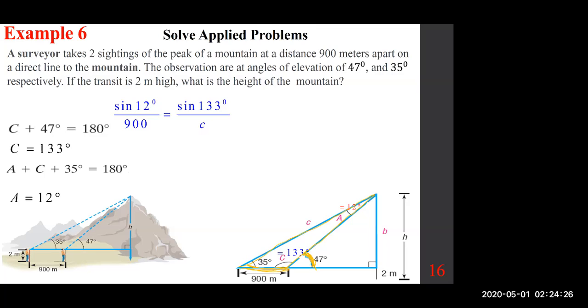using the cross product. Okay, so sine 12 degrees times c equals 900 times sine 133. So 900 times sine 133 divided by sine of 12 is the answer. And you do it with a bunch of decimals, okay? You do it with a bunch of decimals, class. So lowercase c